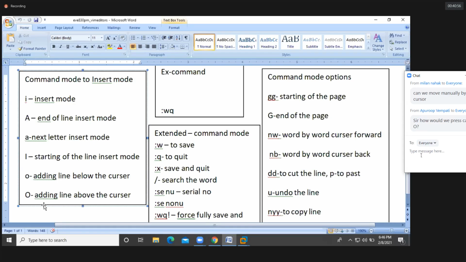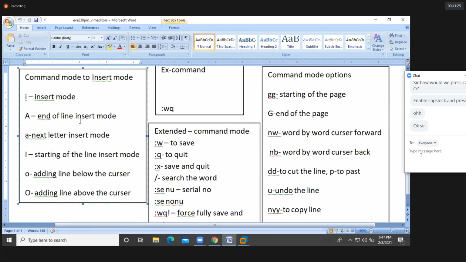Escape, capital O. We should use escape and capital O. Capital O, shift to O, guys. That's it, no? If you want, you can use the capital O key also. Okay. So escape, capital O. How will you get capital O? Shift and O. You will get the capital O. Okay. So I hope you're clear, guys. These are options we are going to use frequently to switch from command mode to insert mode.